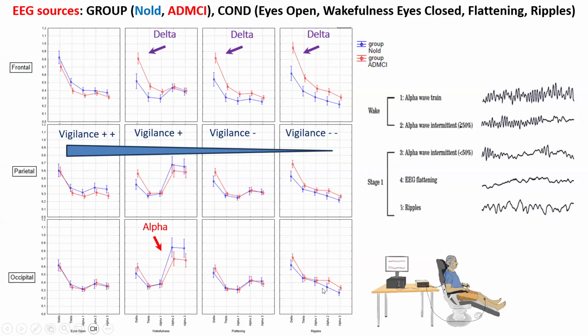And in the fourth column, about 50 minutes of recording, we see the signs of ripples, an increase of delta and theta activity in relation to light sleep. You see that on the right side of the picture, again,